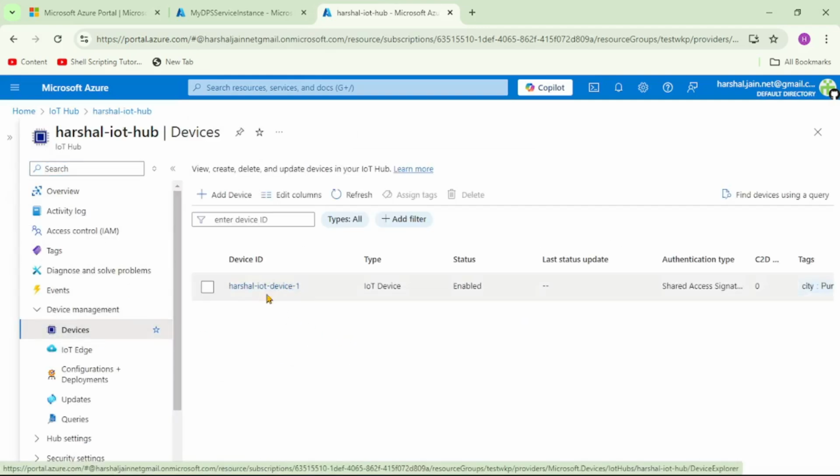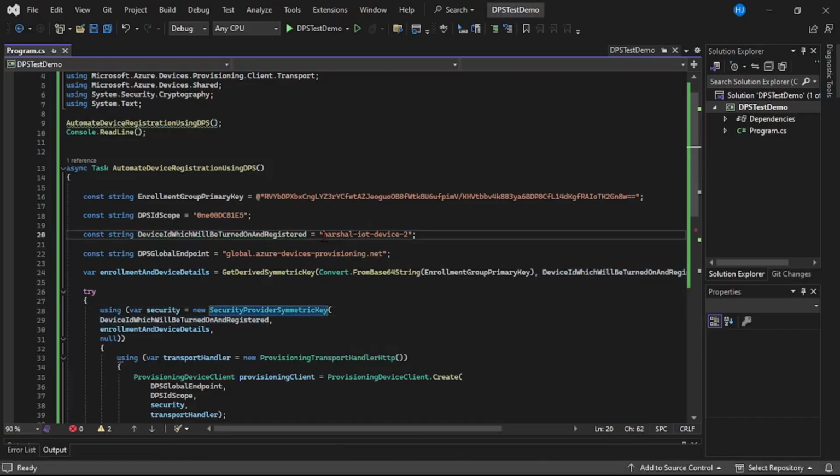You can see as of now there is only one device, and that we added manually in one of our older videos. Now this device, Harshal-IoT-device-2, will be added, but it will be added through DPS. And then we have this DPS global endpoint, and again we have seen how we can retrieve it from the overview tab of the DPS service.